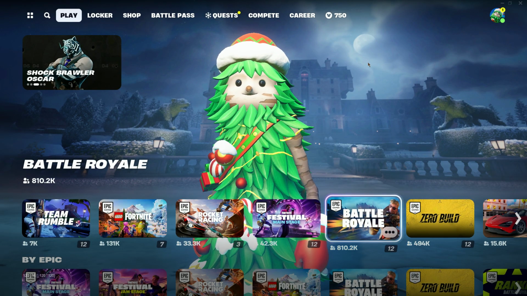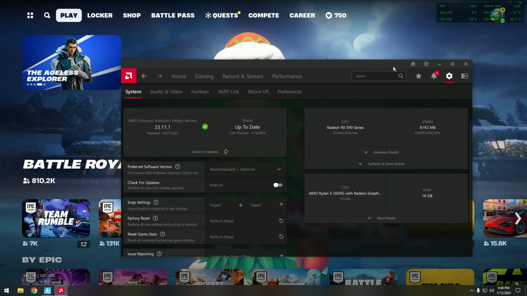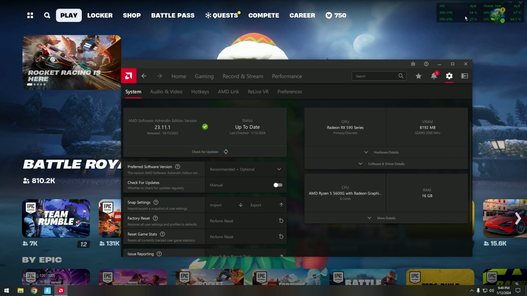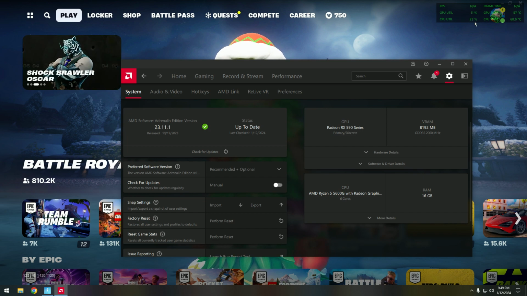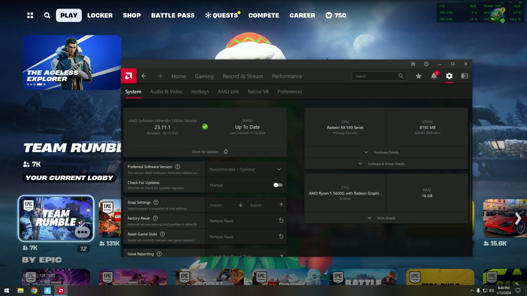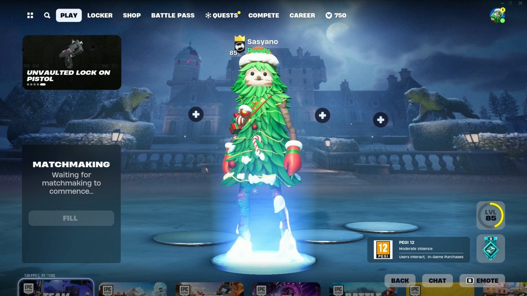To show you the overlay, I need to open the software, because if I don't open another tab, it won't show. It's supposed to be here on the top right. You see, even in the lobby, it doesn't use that much. It's not a constant 100, because I usually have DirectX 12 with constant 100% GPU utilization and around 40, 50, 60% CPU utilization. So very good. I will also try in a match to make sure that you all see it's not just a lobby thing,